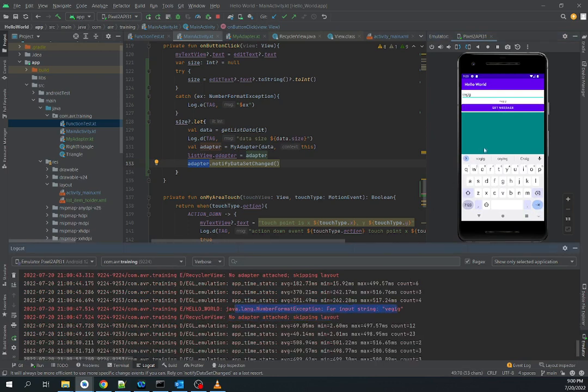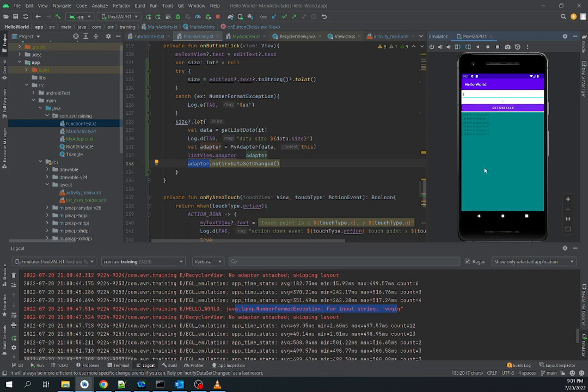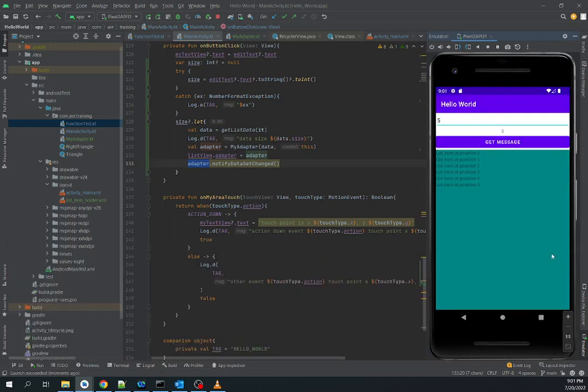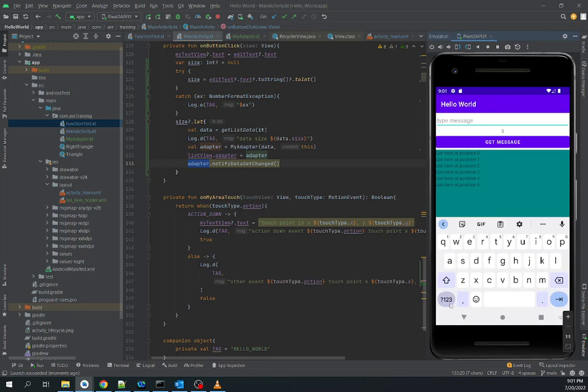That's number format exception. So if I put some number, put 5, then hide the keyboard, and then we see this list is displayed, from 0 to 5. Now if I put some other number, 9,